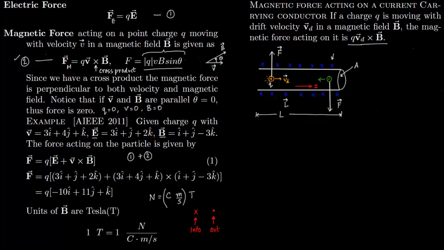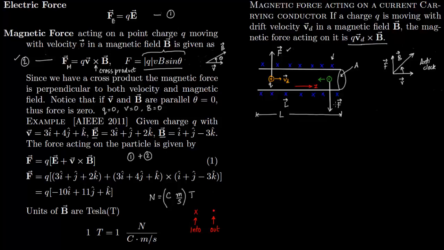Now the force acting on a positive particle is acting upwards, F vector. So let us see this. If velocity is like this, we are going to draw a 3D kind of figure here. Velocity is given to you like this, and the magnetic field is like this. So you have V vector cross product with B vector. You're going from V vector to B vector. If you go from V to B in this direction, which is anticlockwise, the force vector is always upwards. So the force acting on the charged particle is upwards right here.